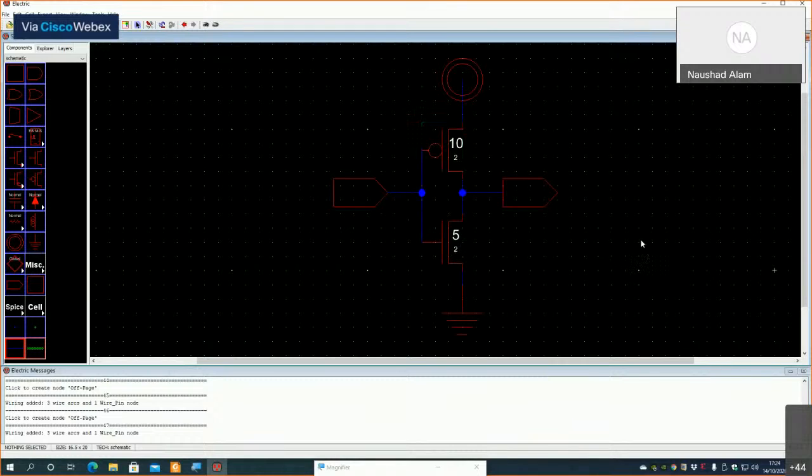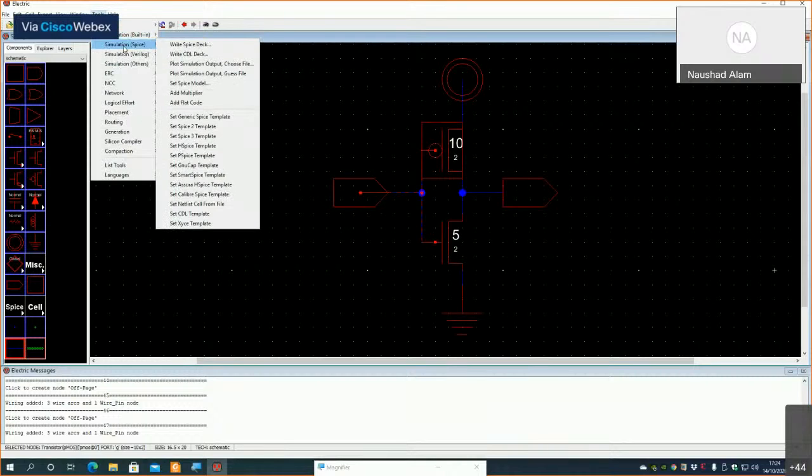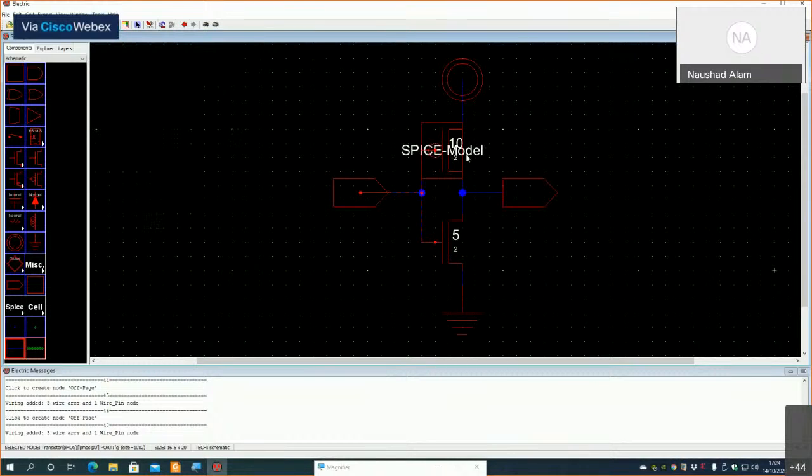So for that, you bring your mouse here, it gets highlighted, you left click, it gets selected. Now you go to tools, and then you go to simulation, SPICE, and here you have set SPICE model. So when I click on set SPICE model, a default name appears here. So now